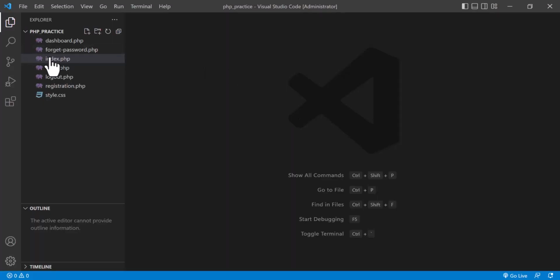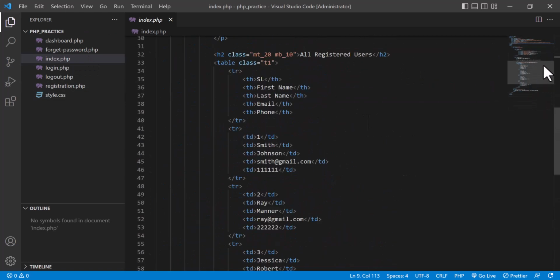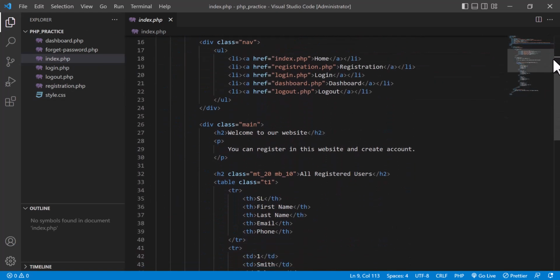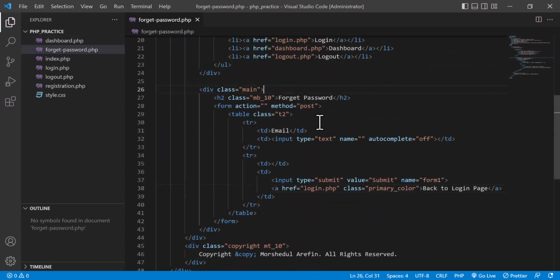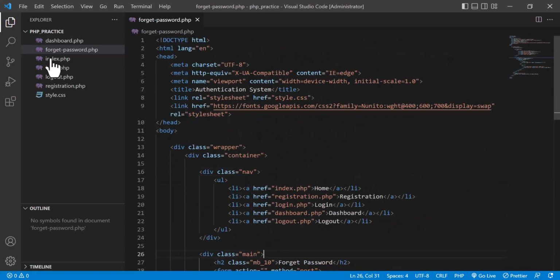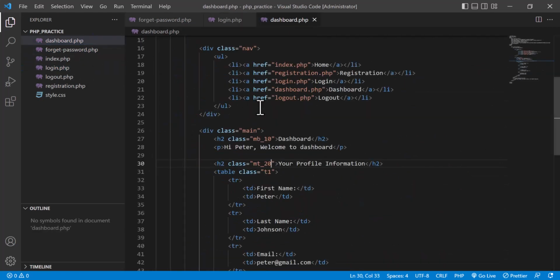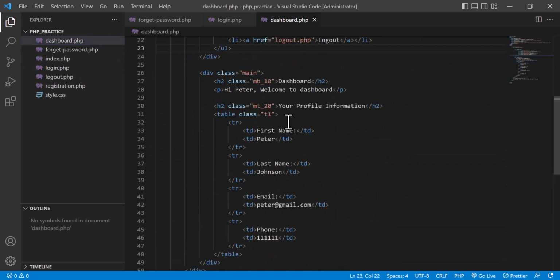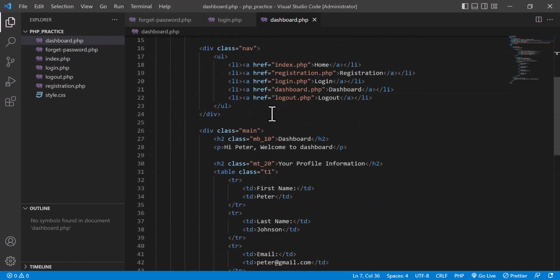Here are my PHP files. You see that this is the index.php, but actually there is no PHP code here. So the complete code is written in HTML, and there is the forget password page. This is the forget password page, code link. This is the login page, code link. This is the dashboard. So every page is coded, but here you see that there are some portions similar to